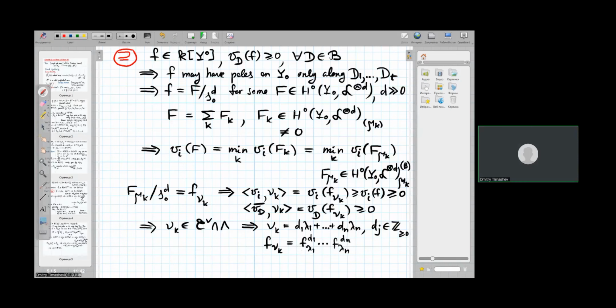We can normalize the functions f lambda 1, ..., f lambda n in such a way that